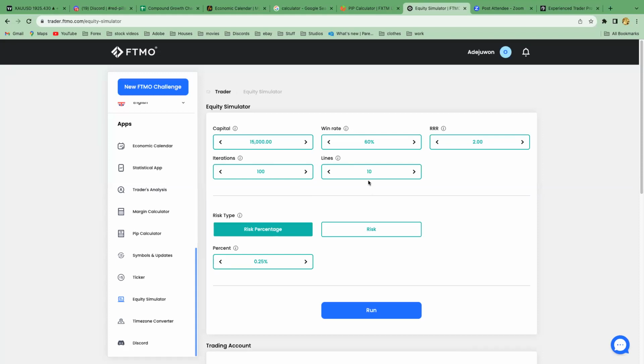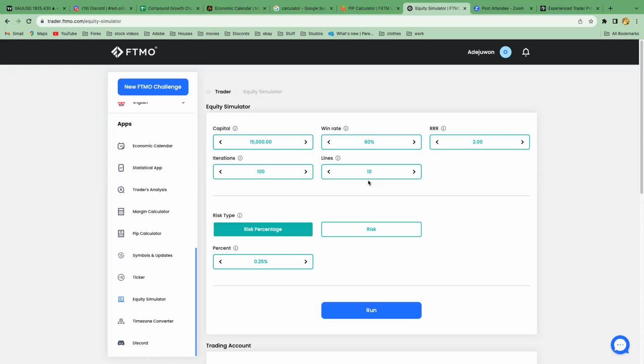What lines actually means is, think of it like you've got 10 people in a room and all 10 of them are doing exactly what I've said now. So it's going to show you out of those 10 people on the 100 trades that they all took the same trades. Well, I wouldn't say they would be the same trades, maybe it could be different trades, but it's 10 people trying out this method of trading. And it's going to show you the amount of people that were actually successfully profitable and where their profitability got to. So think of lines like that. It's basically out of 10, so it's like a probability thing.